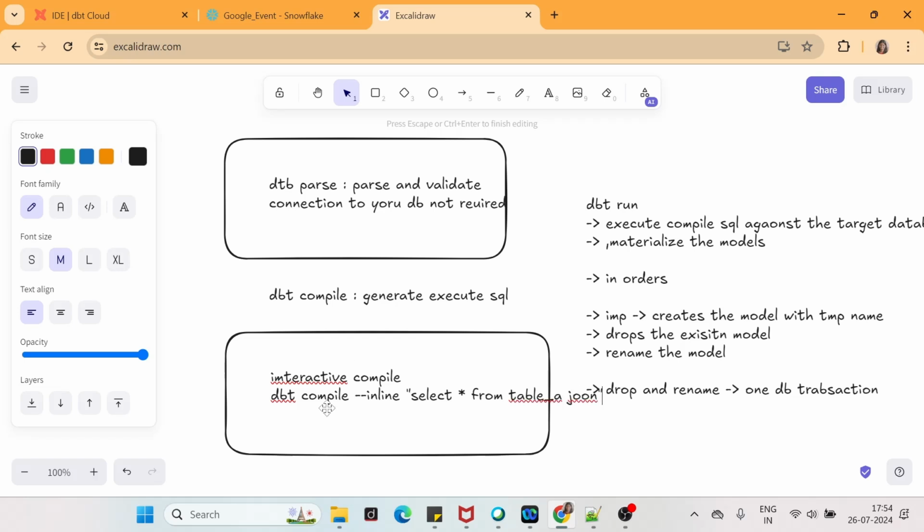Okay, so in that way we can use the compile command interactively. So we can also do this, select our model name. Okay, so these are the two methods by which you can use the compile command interactively. And this is for today's video.